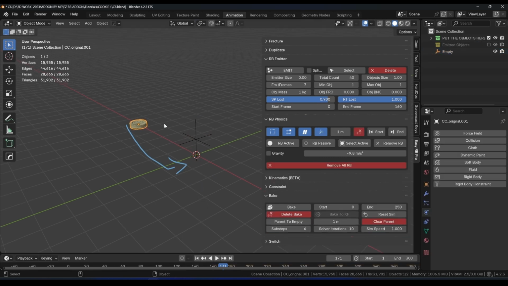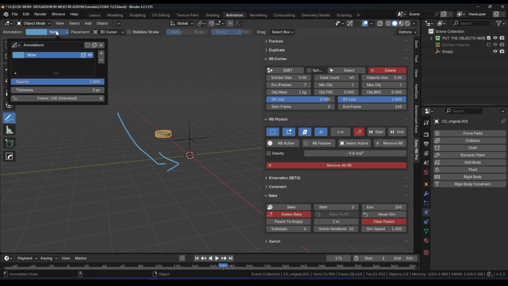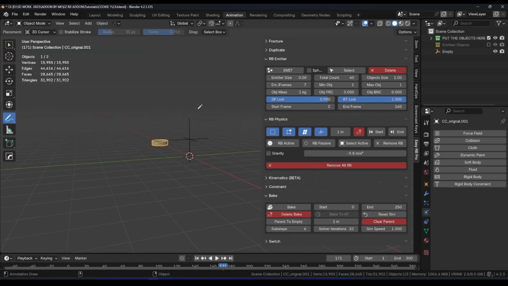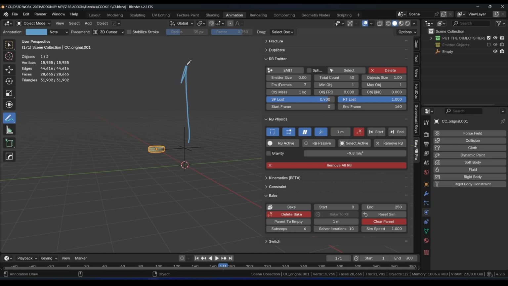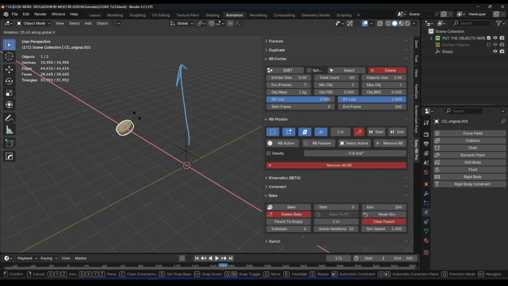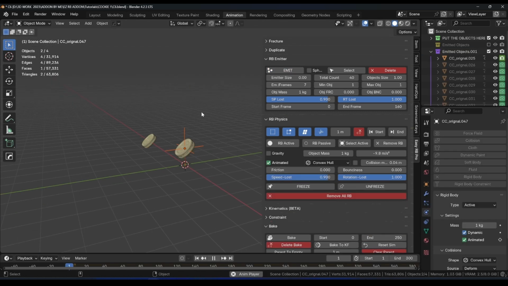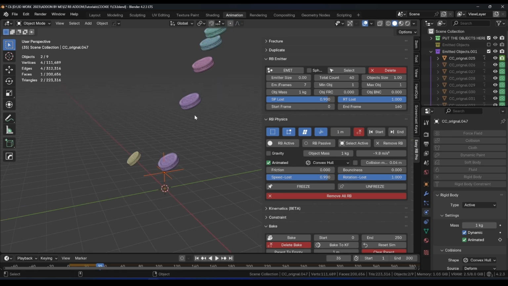And I want the direction to be up. Let's delete this annoying one, and I want the direction to be up. I want this empty to emit up. So what we're going to do, we're going to rotate our object a little bit like this and try again and see if this will emit up or down. Okay, so that will emit up,